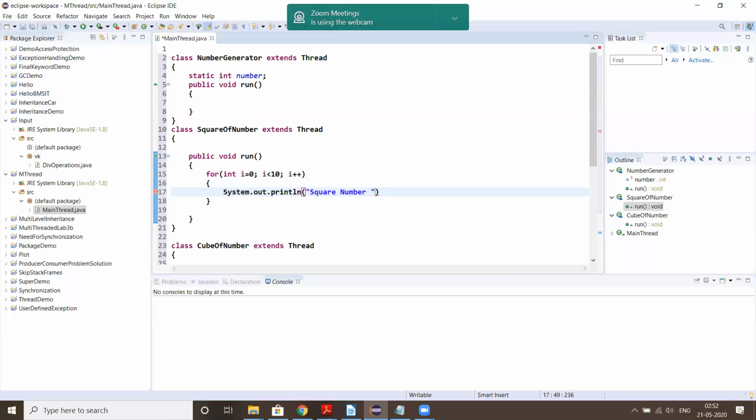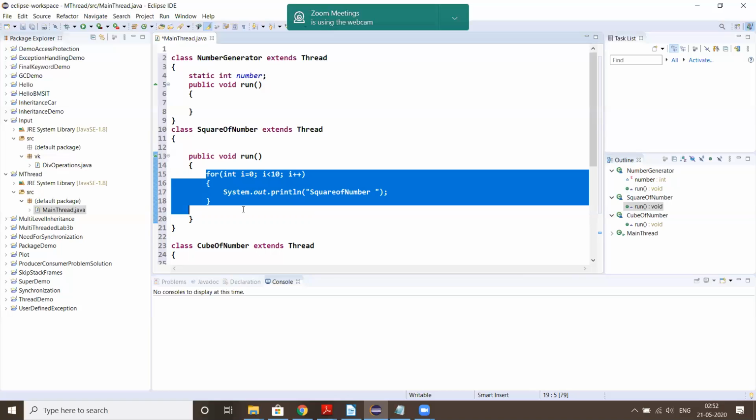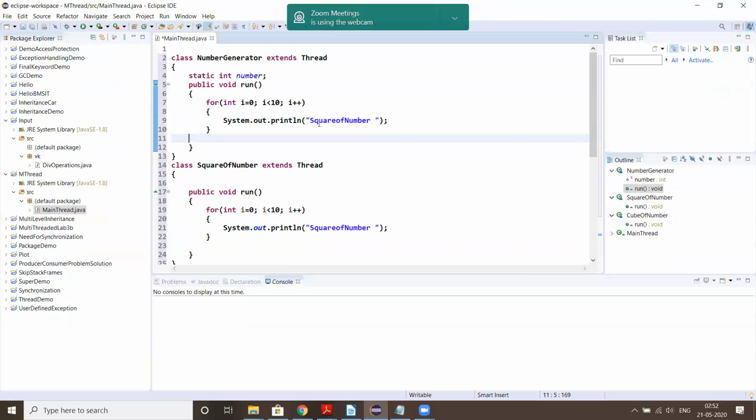It displays square of number. So let me add the same for loop here. In this case, it has to print a message: number generator, generating the number.